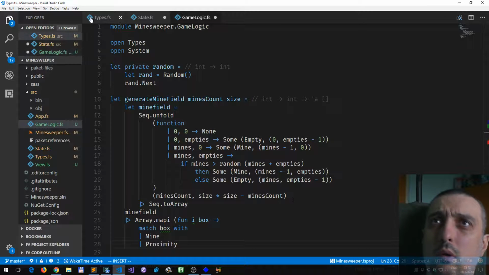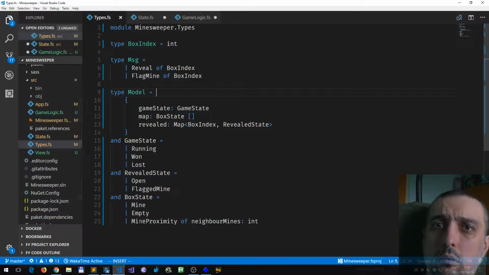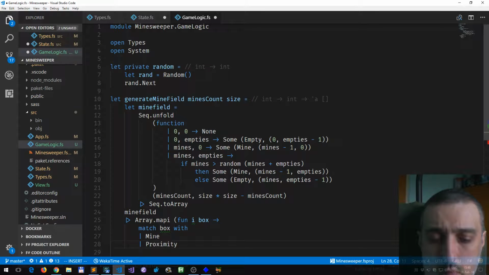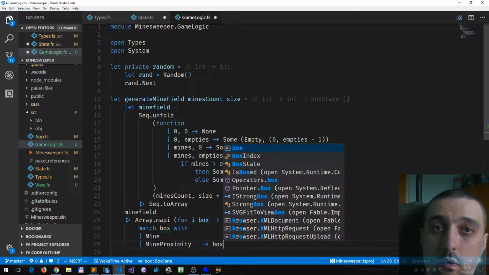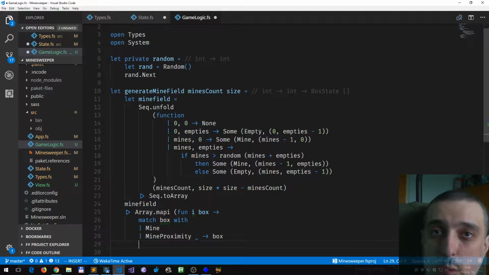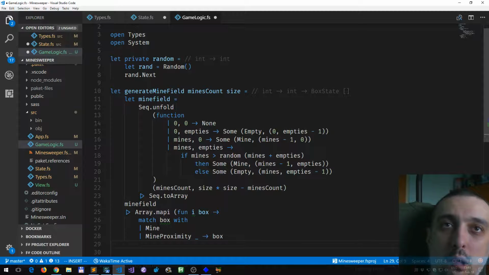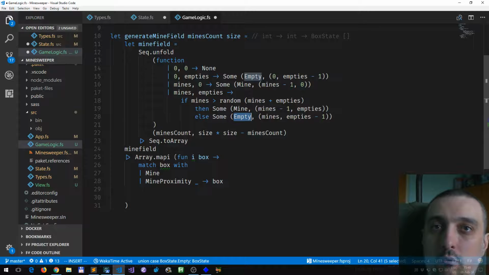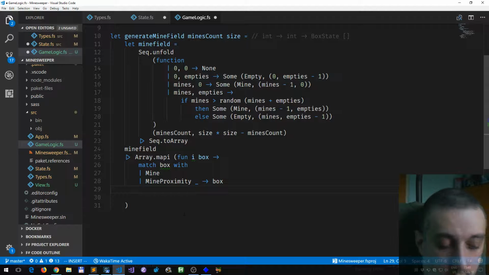What was the name? Mine proximity. I want to return the box. Actually, the mine proximity, I cannot generate a mine proximity. I cannot encounter mine proximity because I don't generate mine proximity in this uncalled thing. But if it's an empty,